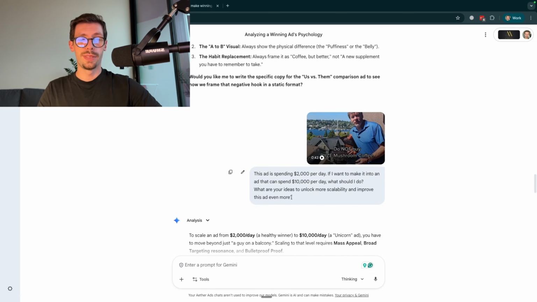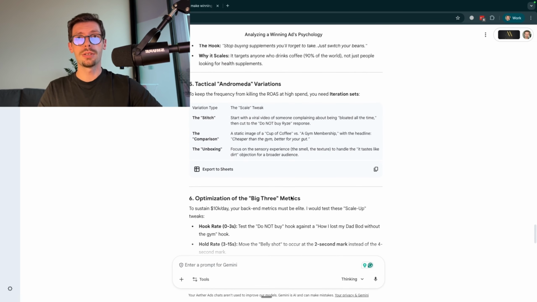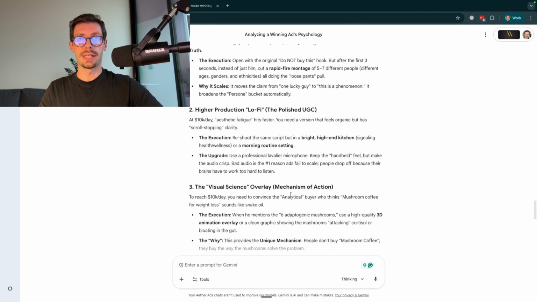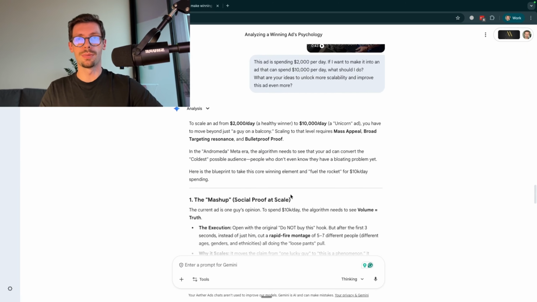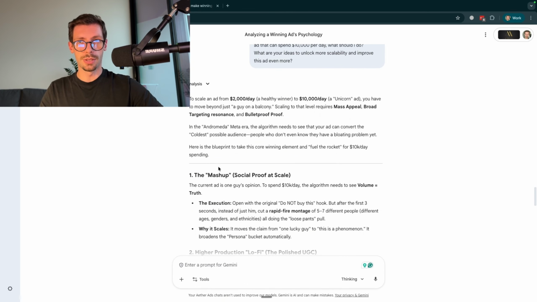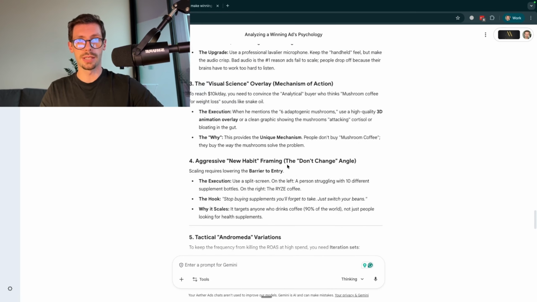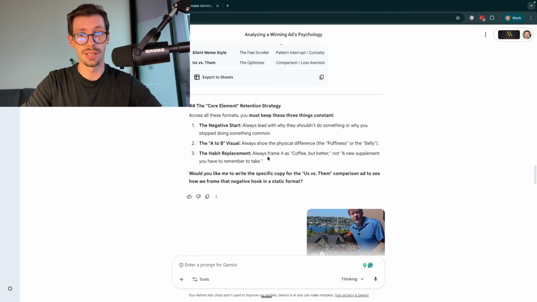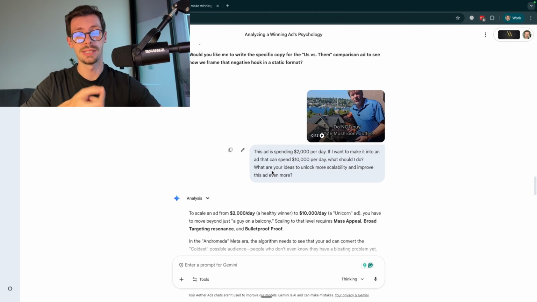So you can see this is not completely perfect, but in combination with a human that actually can analyze stuff and understand what works and what not, this gives really good ideas. So for example, this idea of cutting to a rapid fire montage with many different people to increase scalability is pretty smart. And some of your ideas and those of the creative team might be better than this. And some of the things might be overseen by your team and you. And this is exactly what the AI helps with. So this is not a thing to take the thinking away from you, but it can help you see more things and basically more ideas to test.